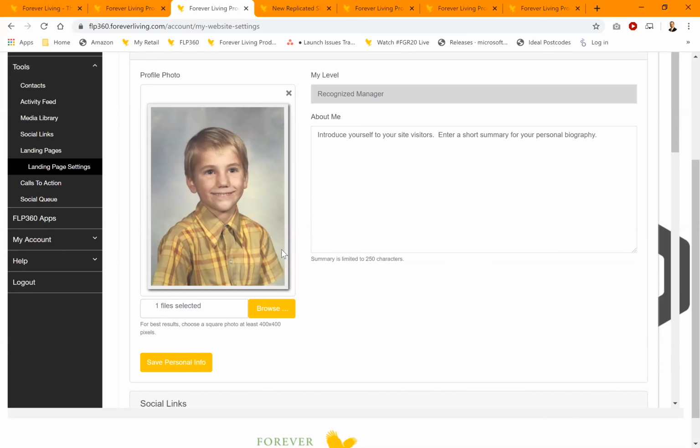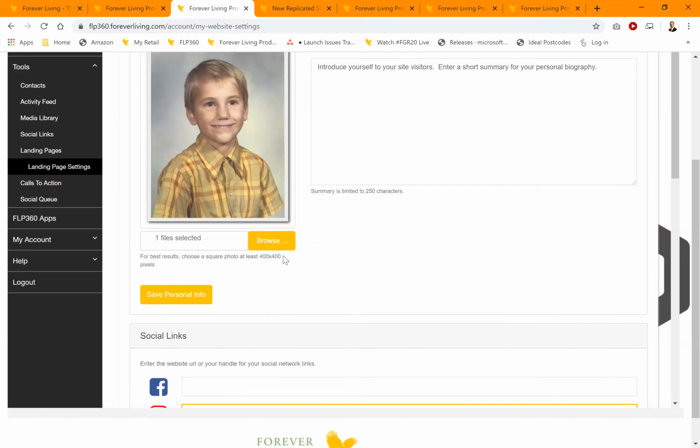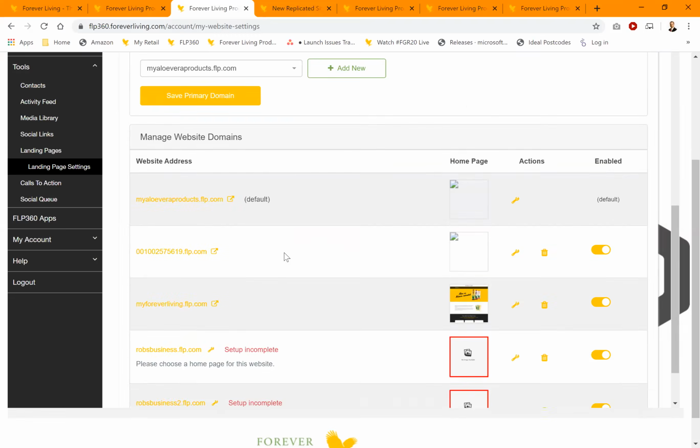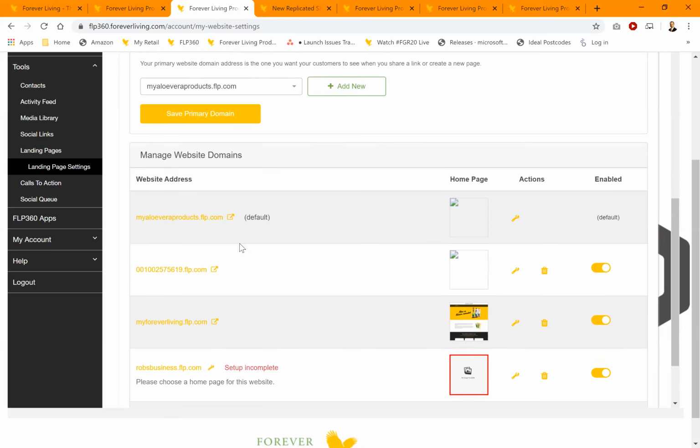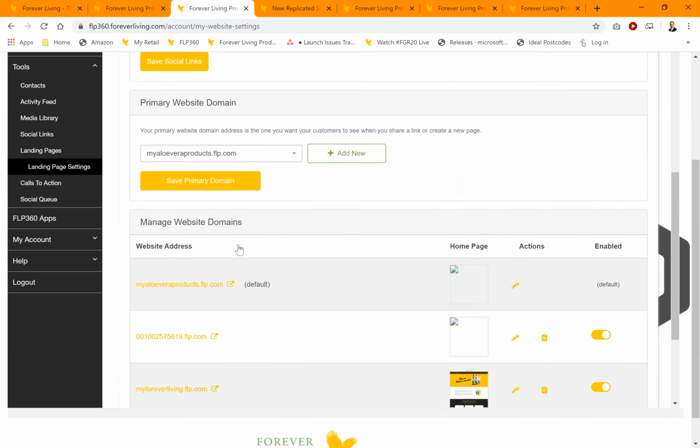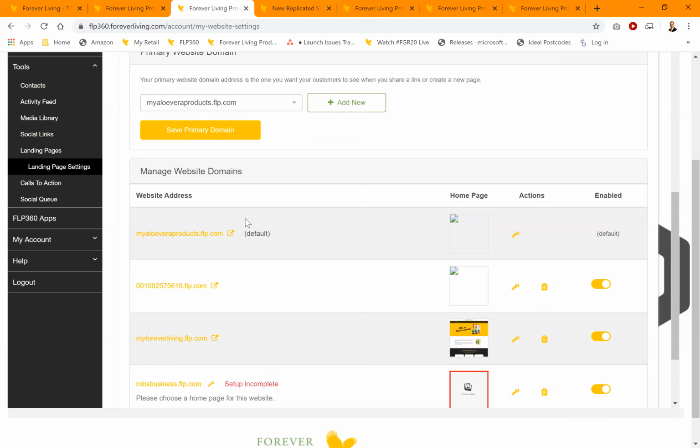So what we did is we took all of the existing replicated sites or landing pages out there, and we brought them into the new 360 and allowed them to continue to operate. Now the templates changed, but at least the links themselves stayed alive. So anybody who is going to one of your old replicated sites or old landing pages, at least they still were redirected to one of these new templates that we have created. Okay, and so